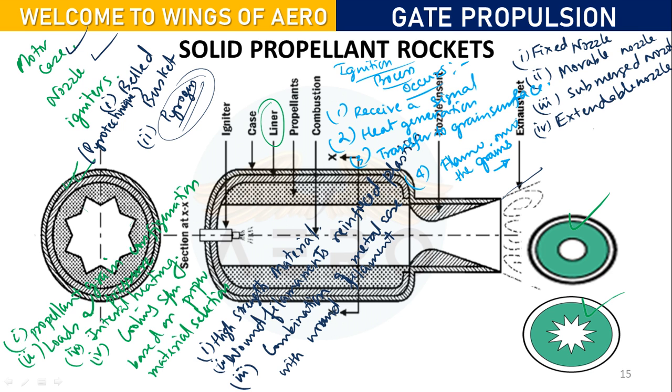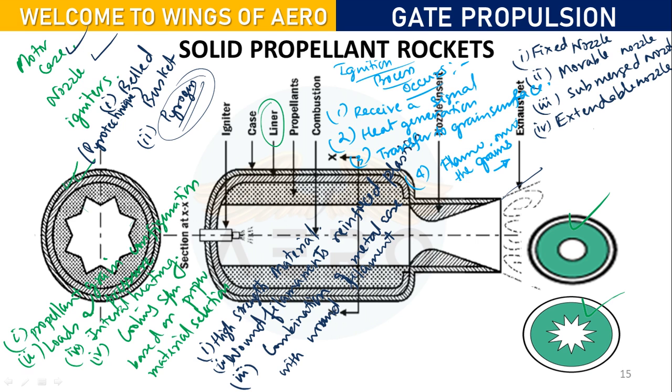Okay. Good question. For liquid propellant, we have separate tanks for the fuel and the oxidizer. Based on our requirement, whenever we are feeding it, the combustion process will go on. But in the case of solid rocket motors, once it starts to ignite, we cannot stop, because